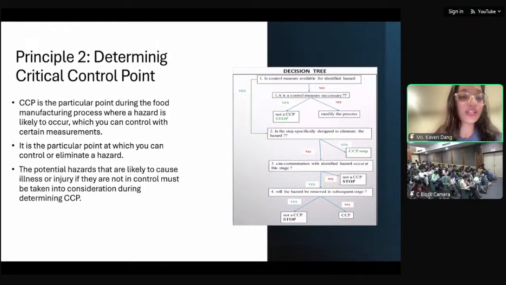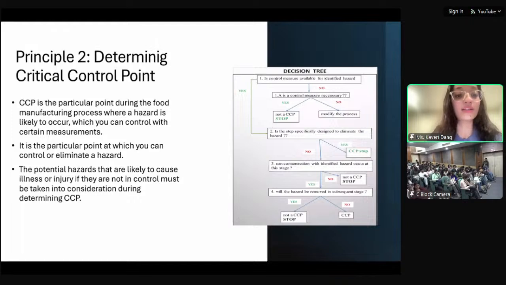As the name suggests, a critical control point is a really important point in the events where contamination has happened. These points would be how you prevent that contamination, either in the future or in that particular event, basically how we make sure that our food is safe. So those are the critical control